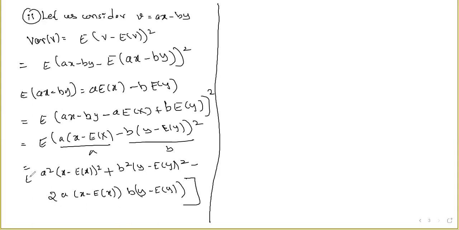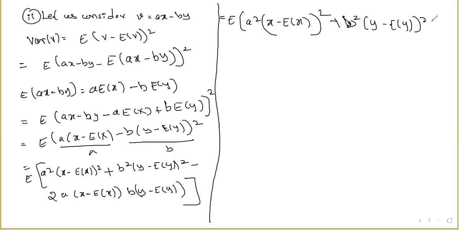So the whole expectation is there, which is equal to expected value of a square x minus expected value of x whole square plus b square y minus expected value of y whole square,